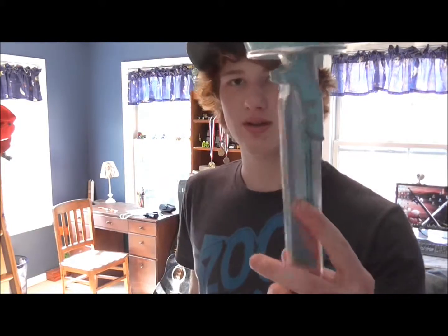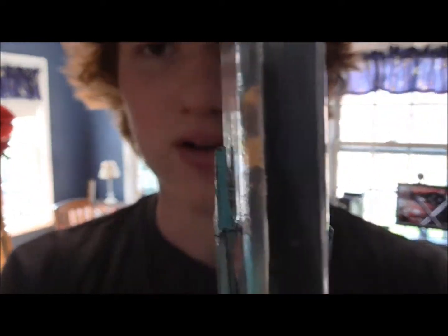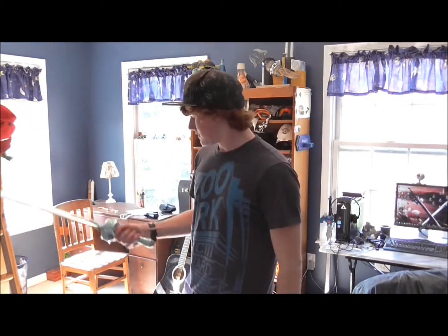And for these celery stalk things, that's what I call them. They look really nice, and what I used for that was just more of the clipboard. I cut them out with the bandsaw, and they're perfectly symmetrical. I even placed them identically on the blade, which I'm pretty surprised I had the presence of mind to do, because I always just slap it on, and I always have a good side of my swords and a really bad side, but this sword is perfect in every way. On every front, it's perfect. So